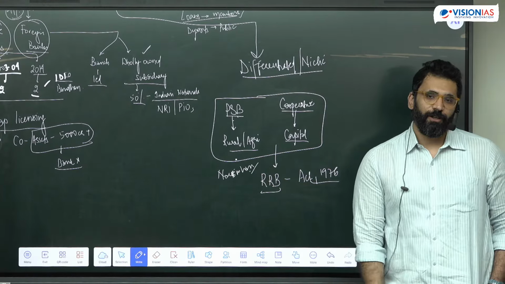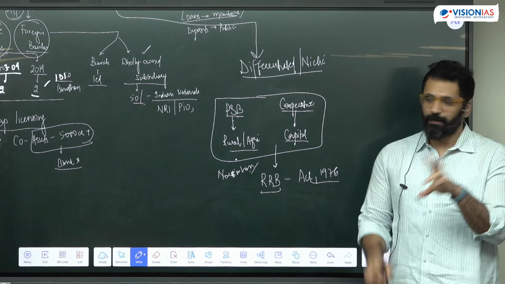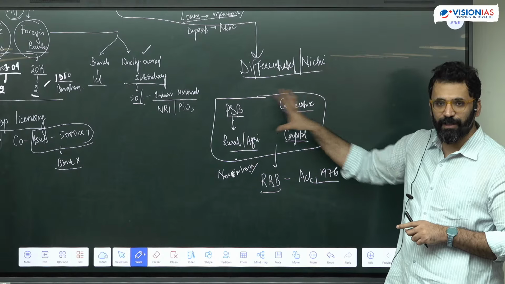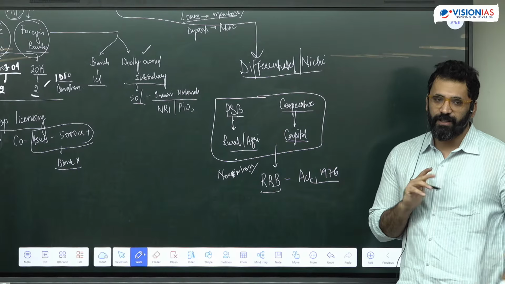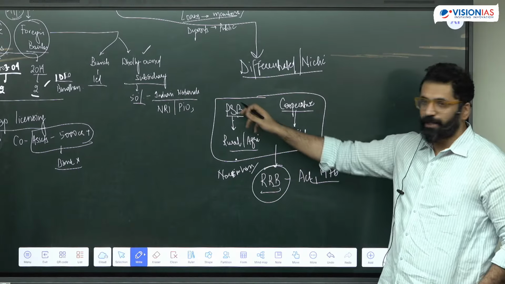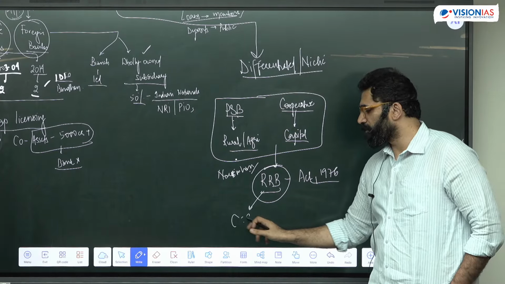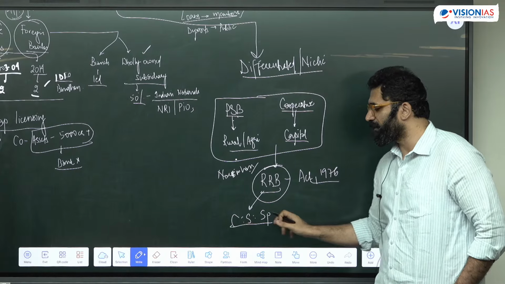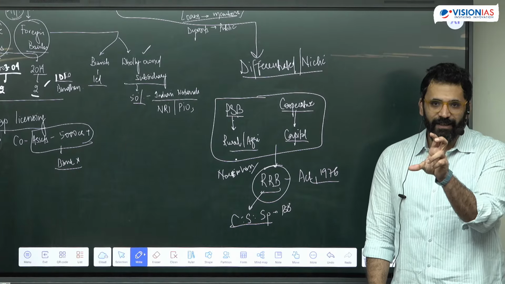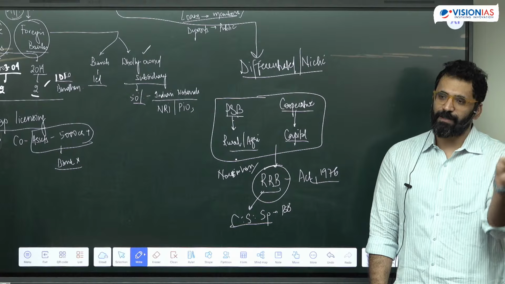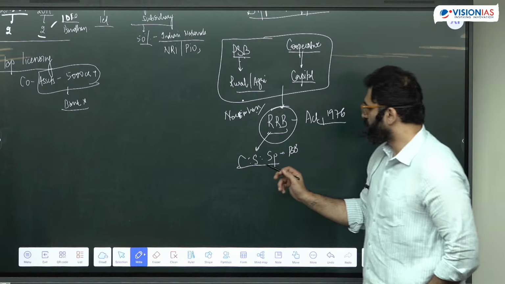What this Narasimham working group said is that you can create a structure which is hybrid. Hybrid means it takes the benefit of both, passes an act and creates certain features which take the benefit here. What were the features which they added? First, in order to provide them capital on par with what the public sector banks have, they said the RRB should get money from the center, states and a sponsor bank, and this sponsor bank should be a public sector bank. So whatever these Grameen banks have been created, these RRBs are backed by a public sector bank. They said in 1976, this ratio should be,